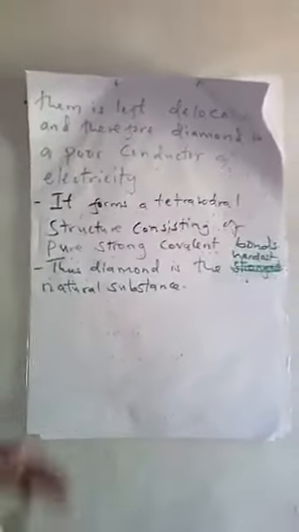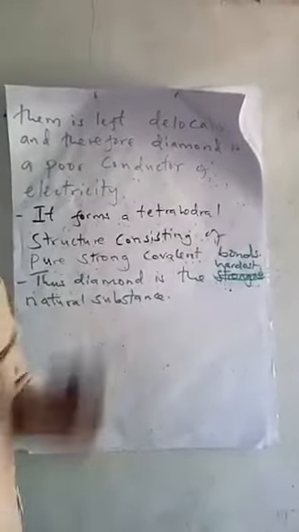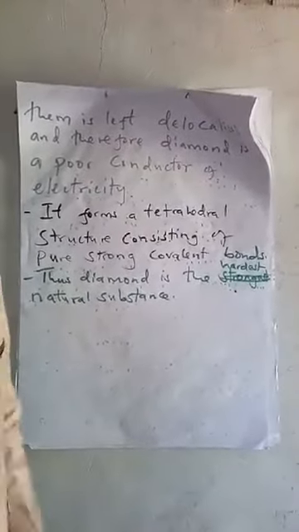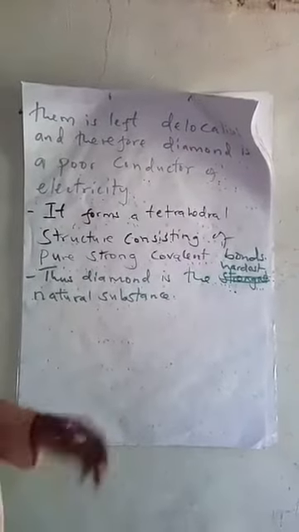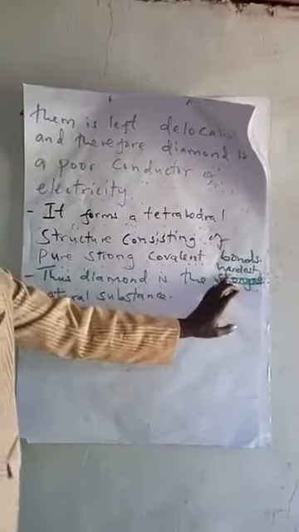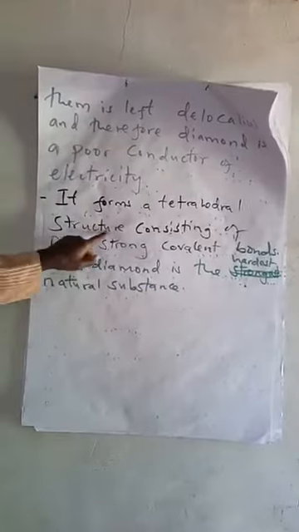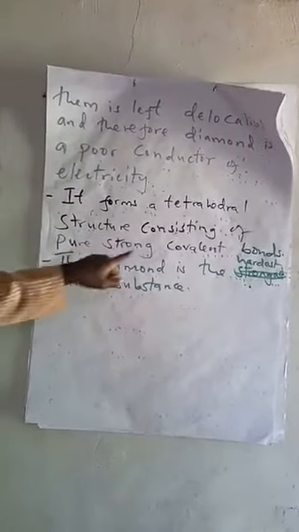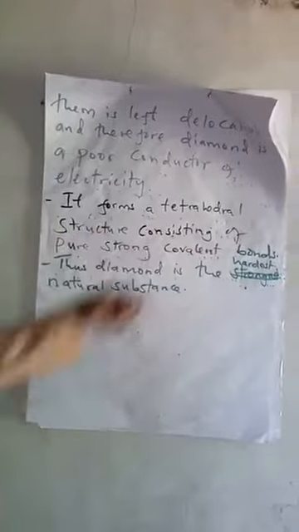For your information, diamond is the strongest natural substance on the surface of the earth. It is even used to drill boreholes, to drill through rocks, because it is hard. Why is it hard? It is hard because it consists of pure, strong, covalent bonds, which enables it to form